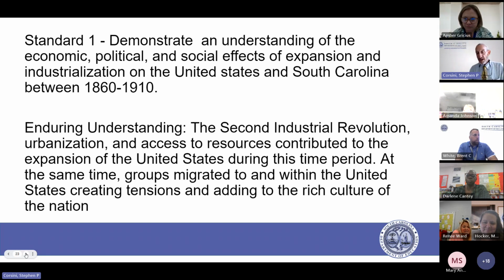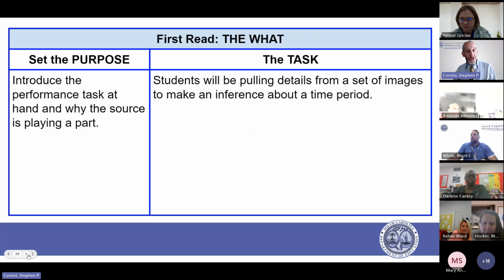So you're in my fifth grade class. We're at the start of the year. And what I'm going to ask y'all to do, students, my boys and girls, is look at some images today, just to have you think, what can you pull from these images? I just want you to make an inference about this time period. So we're going to be looking at some images from around 1900.